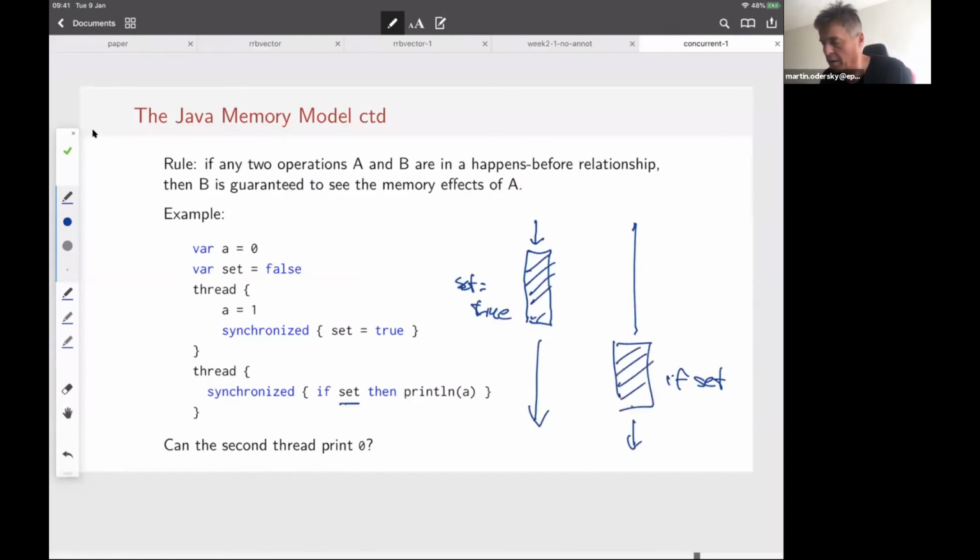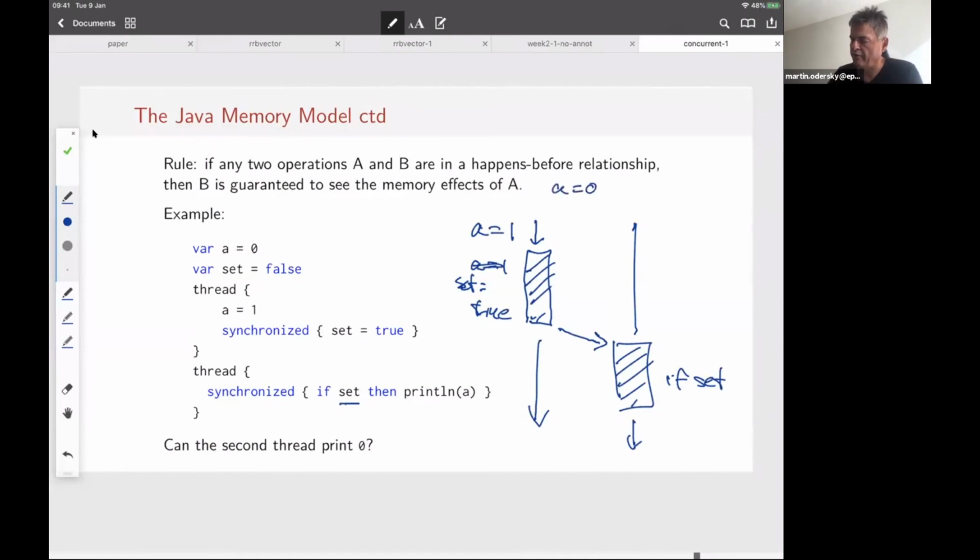And because we have the same synchronized, there is a happens before, and it goes like this. And because we have program order, A equals 1 was done here, before the synchronized. Initially, A was 0.